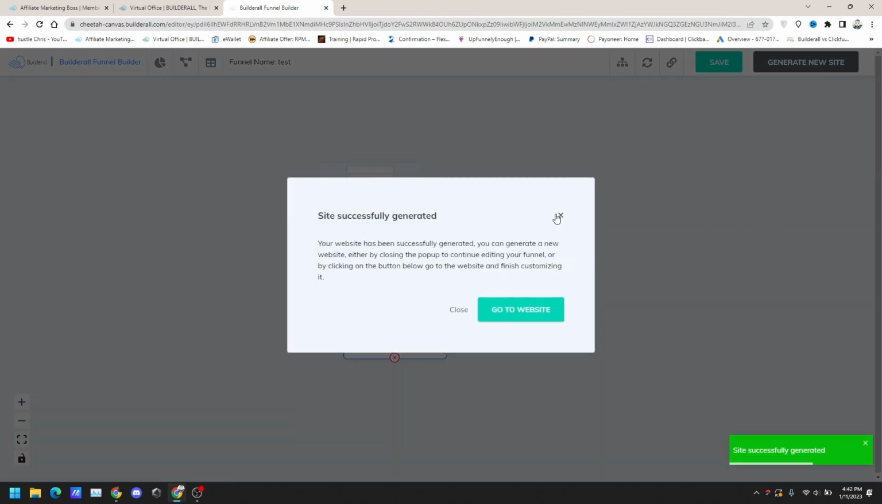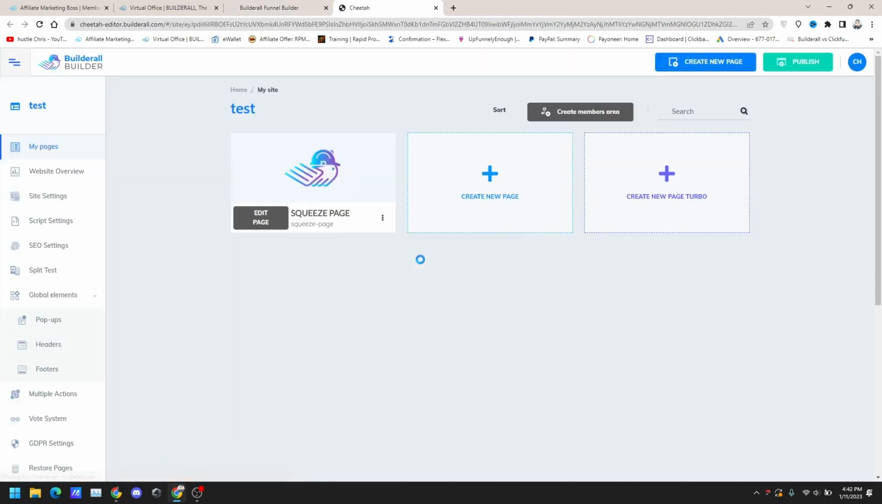Now, in Builderall, once you've created this funnel here, you can ask it to generate the whole funnel for you. So if you have multiple steps, it will generate everything for you at once. In this case it's quite simple because I only have one page, and it takes you directly to our